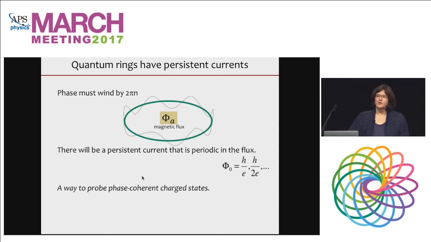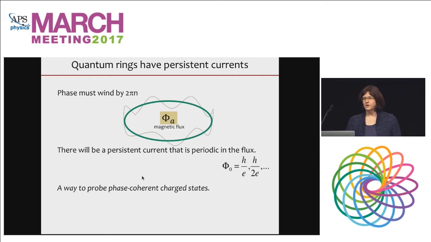Before I go on, I just want to point out that some of you will recall that you can also have very long-lived currents in classical states. If you have a classical ring with a very low resistance, you can have eddy currents that last for a very long time. And I want to point out, this is actually a popular PhD thesis question for some reason. That's a very different kind of situation. Those are not the ground state. The kind of persistent currents that I'm talking about here, and that other people who study these phenomena talk about, it's really the ground state of the system to have a current flowing,